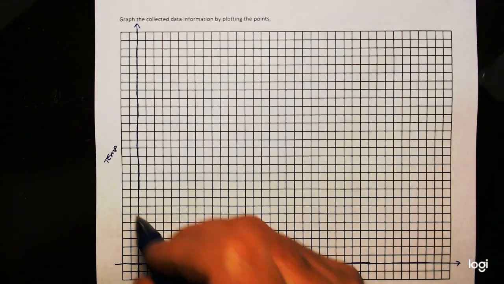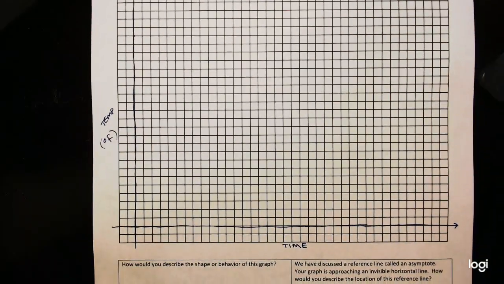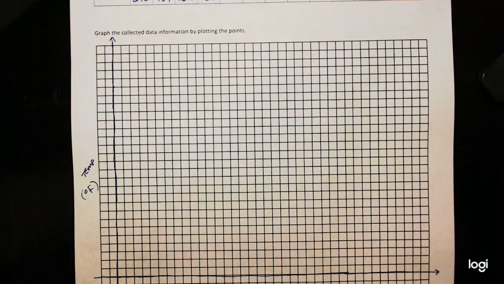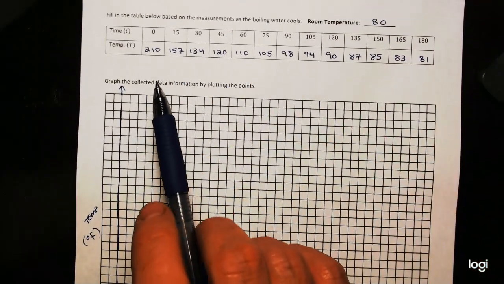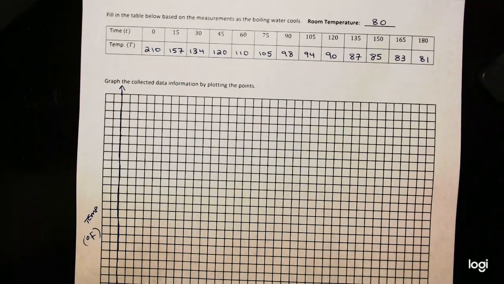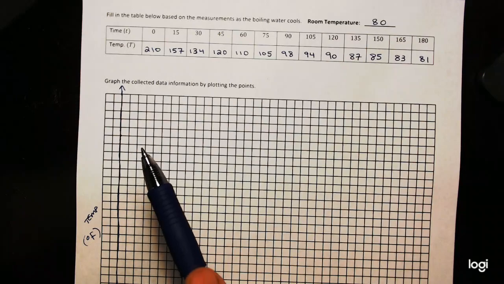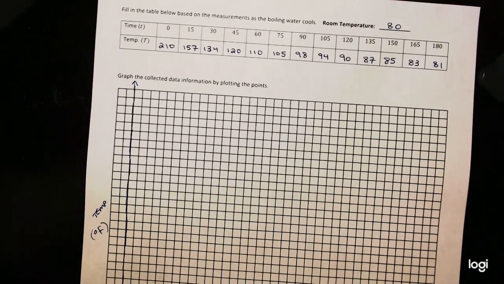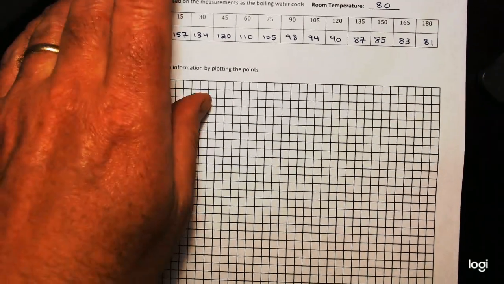And maybe I'll even make note of that. This is degrees Fahrenheit here. And for time, this is in minutes. Okay, so you're going to get those scales, and then you're going to plot your points. Don't worry about connecting those points like you would graphing a line in math class or something. Just worry about getting those points for now. Okay, so that'll be the first part of today's practice, and then the second part